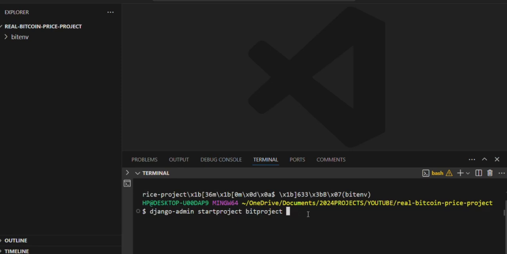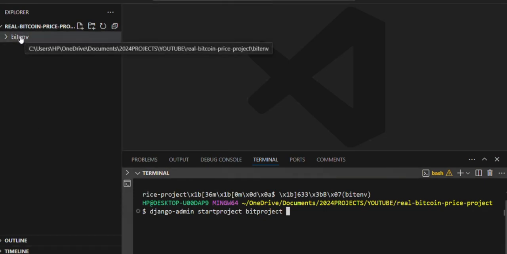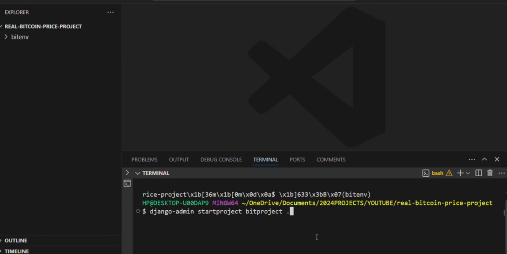Django will put my project inside a folder, but I don't want that. I want to put it inside a subfolder of this bit project folder. I don't want that. I want my project to be inside this home directory where my virtual environment is. So that's why I use the full stop. When you press enter, it sets up your